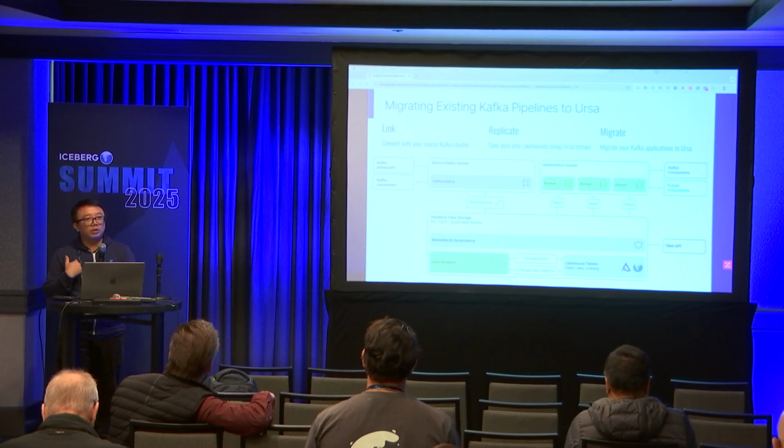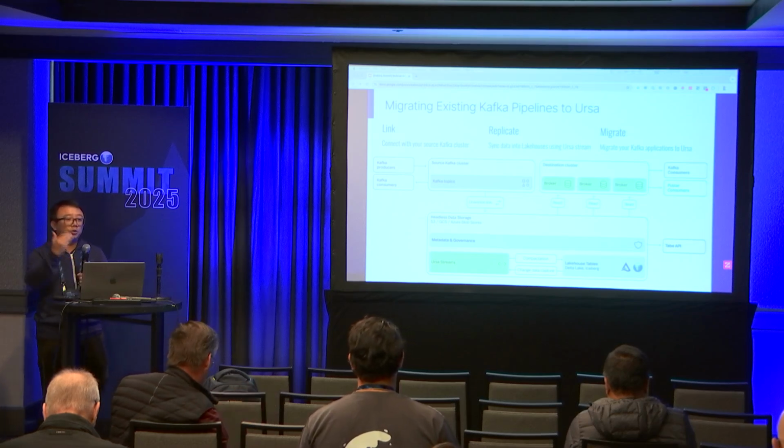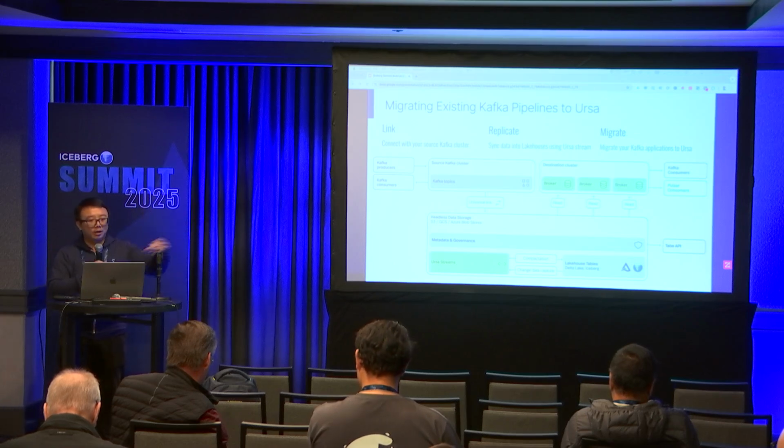So that's the first two steps, and it doesn't force you to migrate your Kafka consumers and producers immediately. It gives you a chance to examine whether the system is reliable. You can use this tool to get the data into Iceberg, then use any auditing tool to make sure all the replication has no problem, and then you can spin up a stateless broker, which is the Ursa cluster in green,